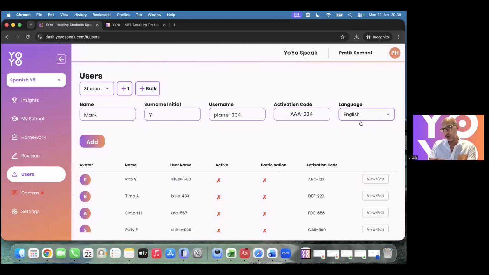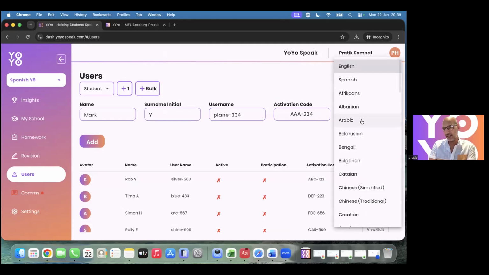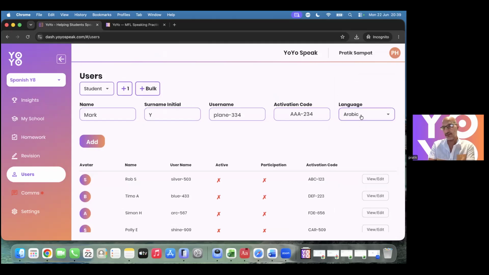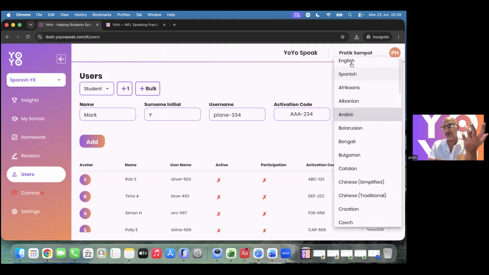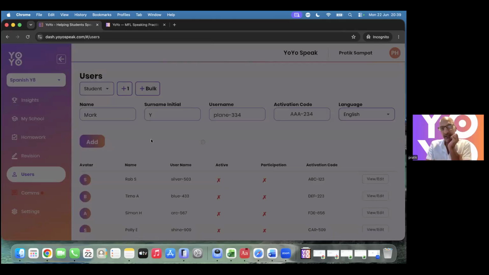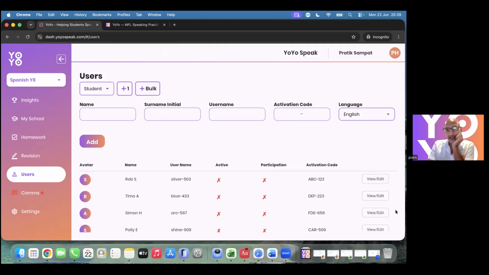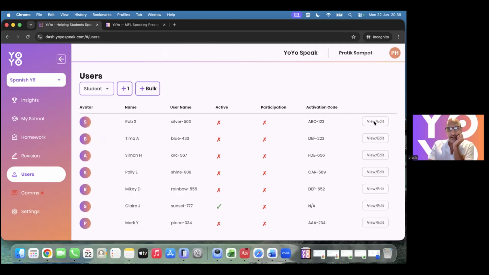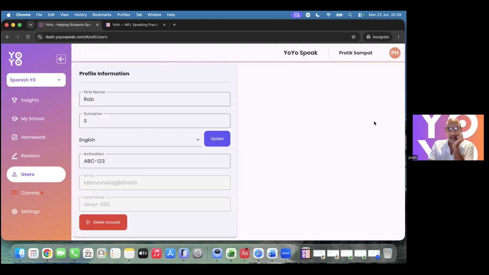We didn't actually talk about this, but if he had a different default language, we could create it, and he would view it in that particular default language. In this case, we'll just add him as a user. And if Rob had left the school, we could go through and delete Rob as well at any point in time.